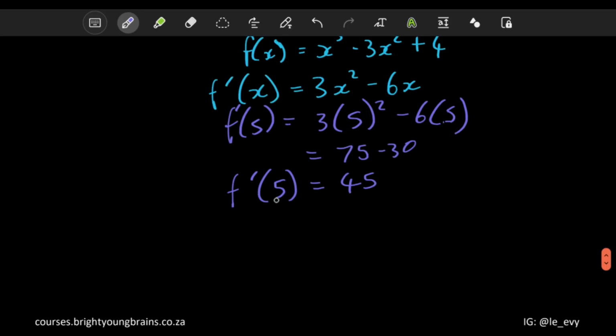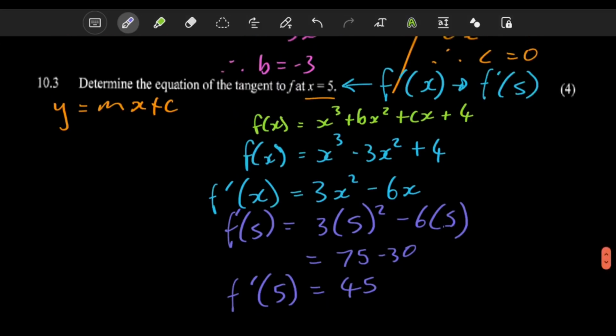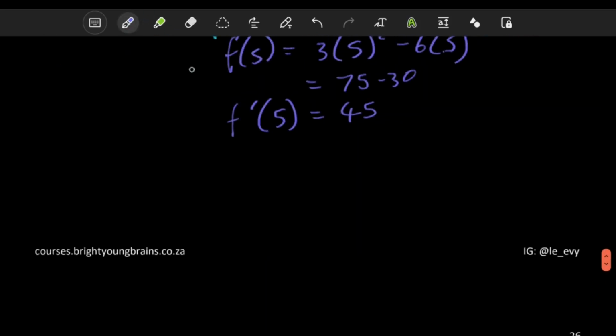So this is telling us that the gradient is 45 where x is 5. I know that looks a bit strange, but that's what you're getting, and don't doubt your answers. The gradient is 45 and we just now need a coordinate that the graph passes through so we can get